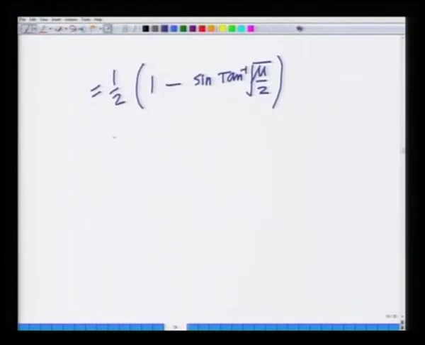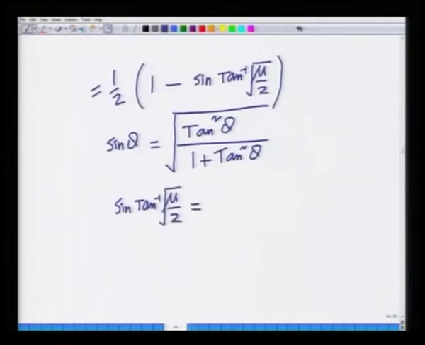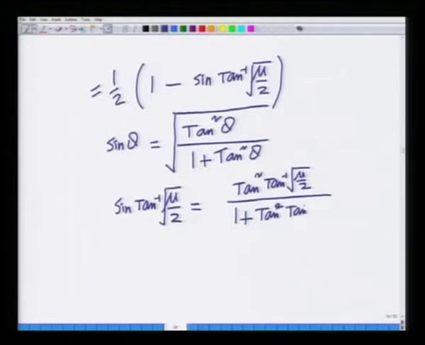Now, this can be simplified as, remember, sine of theta is square root of tan square theta divided by 1 plus tan square theta, which means sine of tan inverse square root of mu over 2 can be written as tan square of tan inverse square root of mu over 2 divided by 1 plus tan square of tan inverse square root of mu over 2, whole under root,